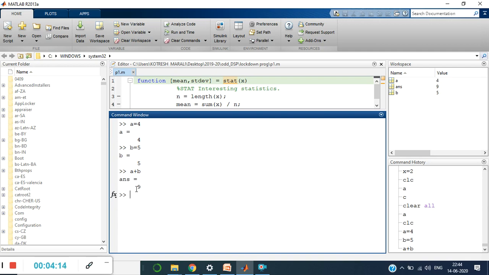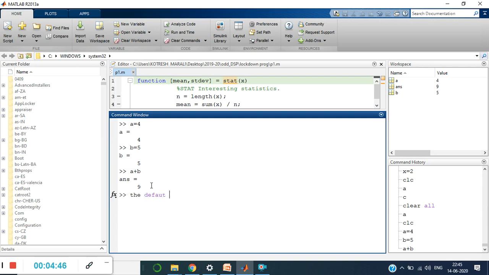As you can observe, there is one more new variable called ANS, and ANS contains the value of a plus b. The value of a is 4, the value of b is 5, and a plus b is 9. That is stored in ANS. What do you mean by ANS here? I have not used ANS anywhere else. ANS means the default variable.